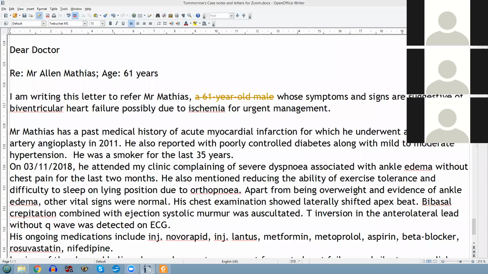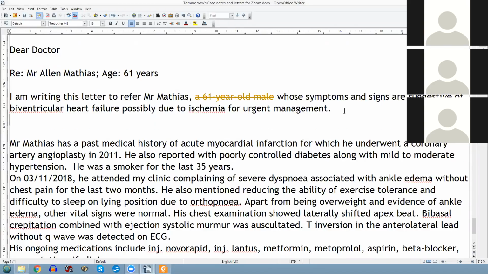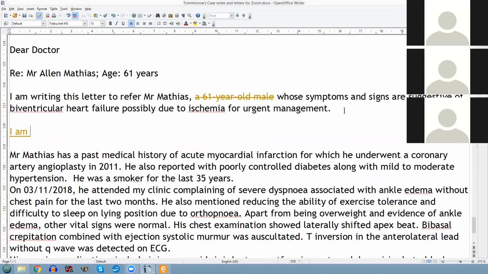So hang on, somebody's made a comment. Can you please write introduction? Fantastic. Start writing like this. The next sentence. Okay, right. Well, if I were to write this, I would probably do it something like writing to request. So you want urgent assessment, yeah? I'm writing to request your urgent